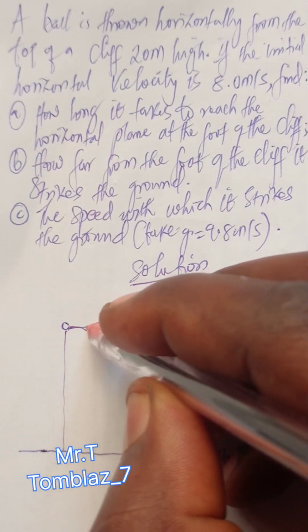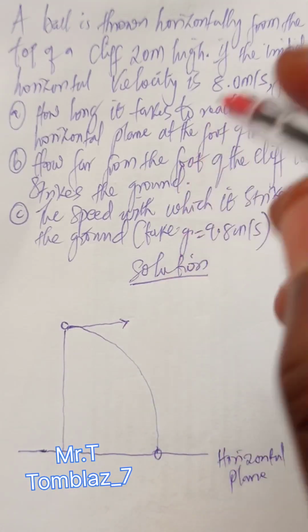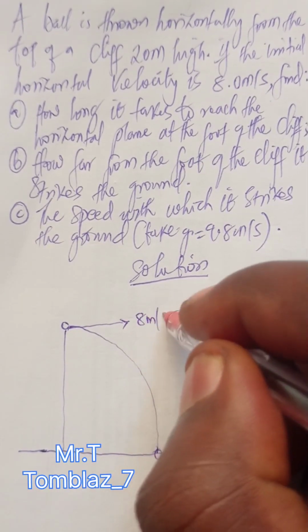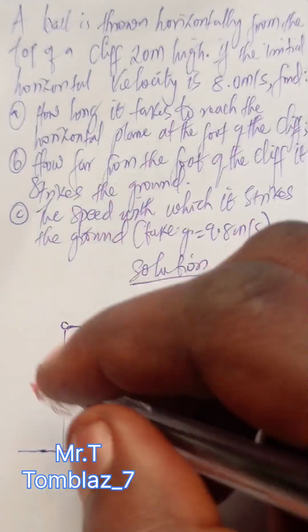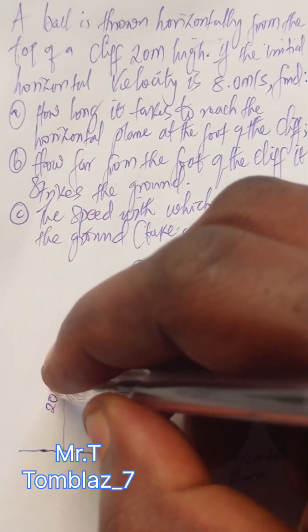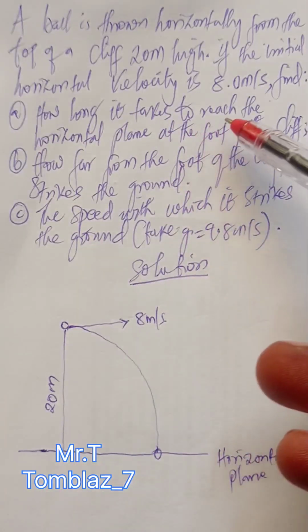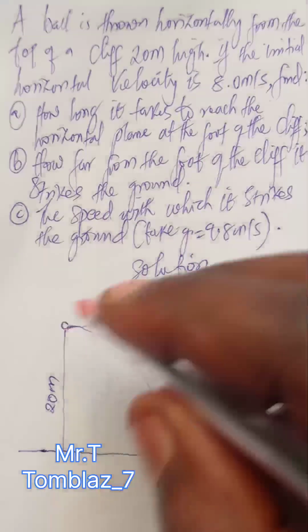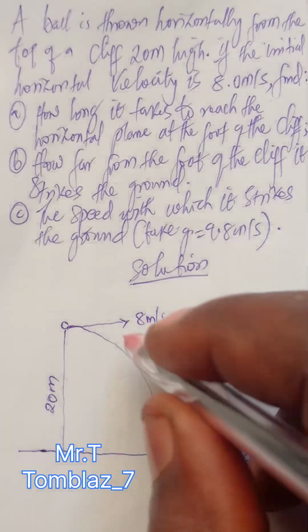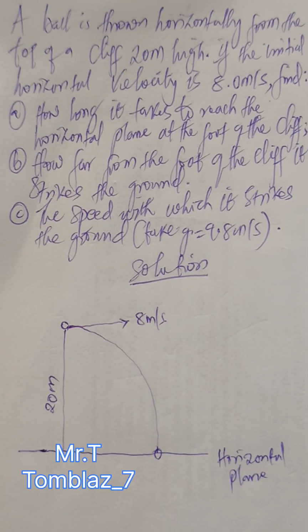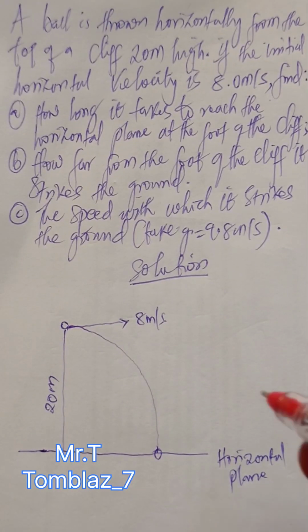So the velocity with which it is thrown, they say is 8 meters per second, right? And then the height of the cliff is 20 meters. So we should find how long it takes to reach the horizontal plane. So we are just looking for the time for the whole of this distance, right? So if we recall this formula that says